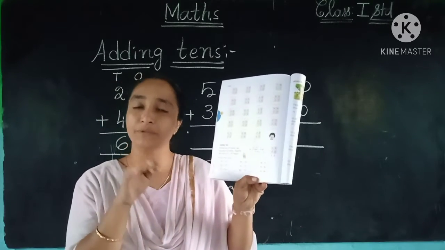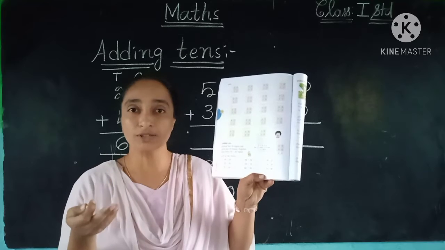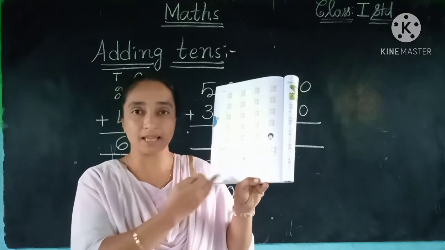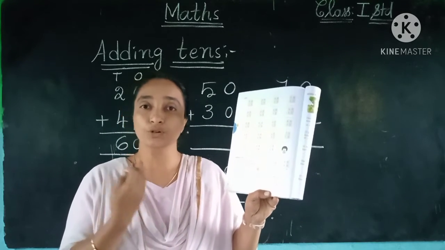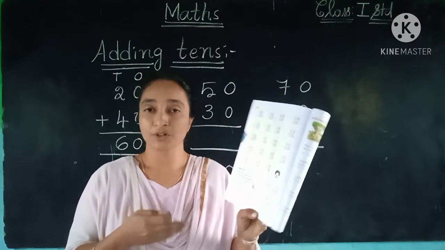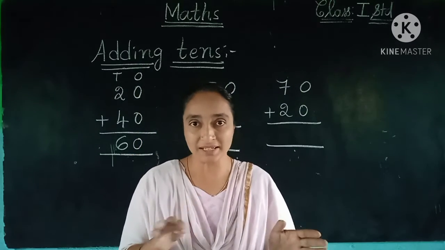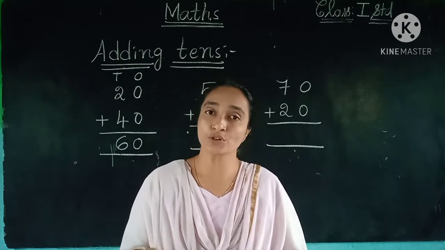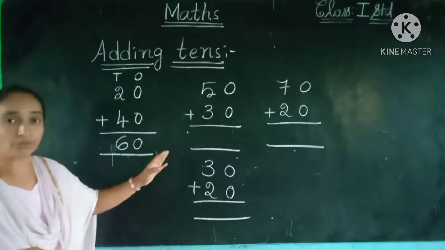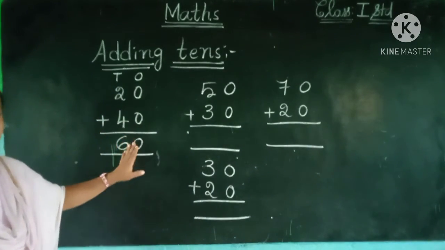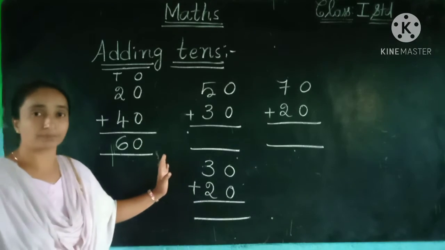Here they have given everything very simple. They have given it in a horizontal form. That means like this they have given: 40 plus 50, 20 plus 10. So this is how you will add. You can just add the tens place, that is enough. The ones place already has the 0. So like this also you can do the calculation, children. Like this also you can write and then do the calculation.